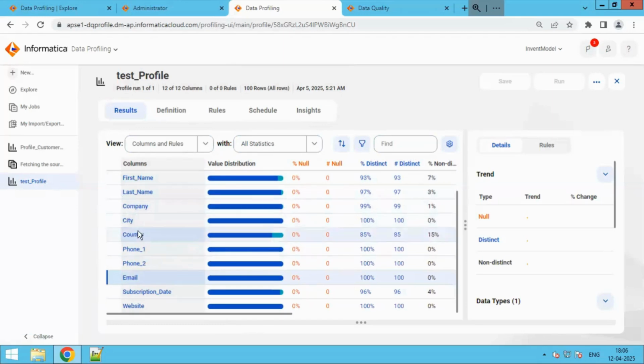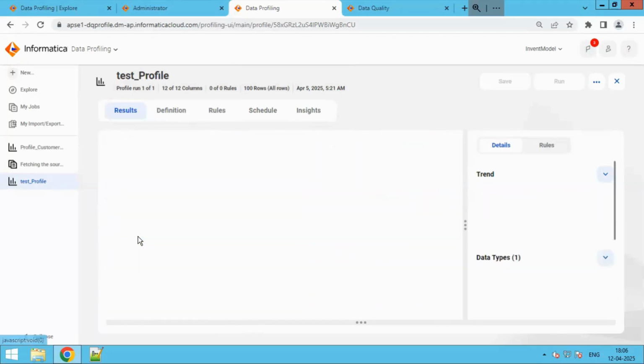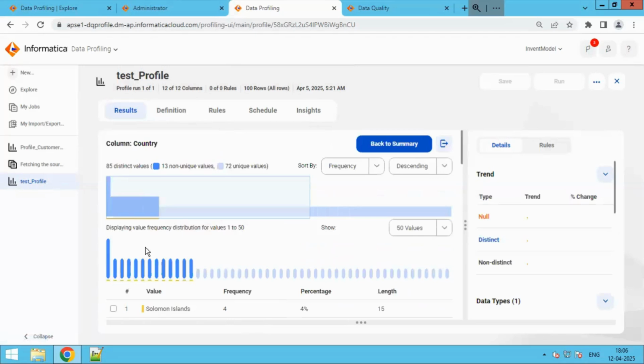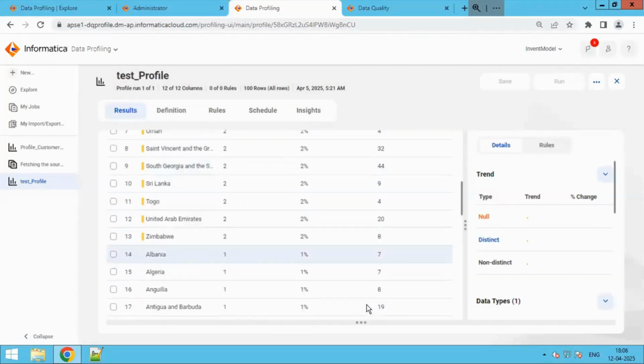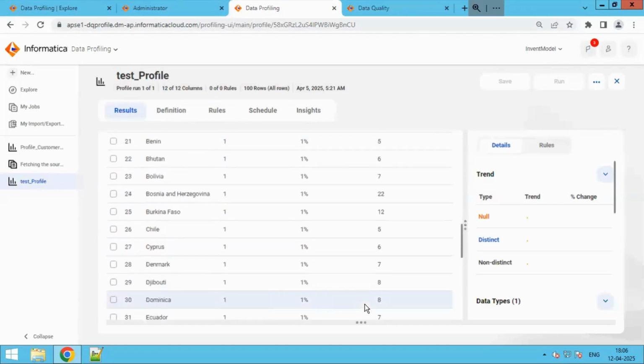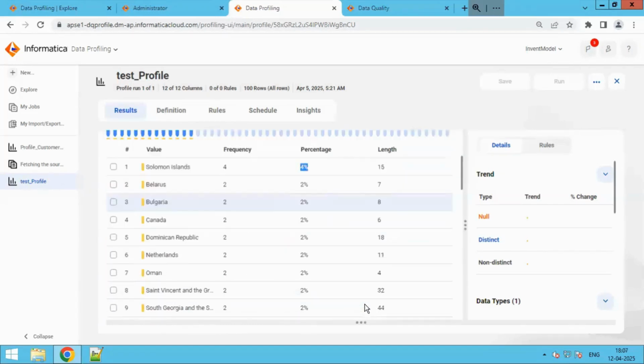Suppose let's try to open the data search country. Let's try to create a dictionary from this data profile. So we can see we are getting the country information. For country, we have these values: Belarus, Bulgaria, Canada. Canada came 2 times, 2% of the total. Solomon Islands came 4%. Length is this. So for all the country data, whatever we have, we are getting this information,